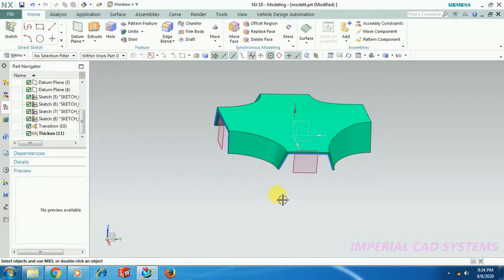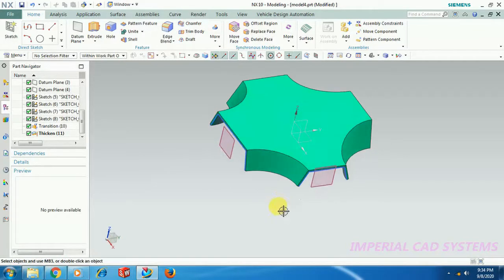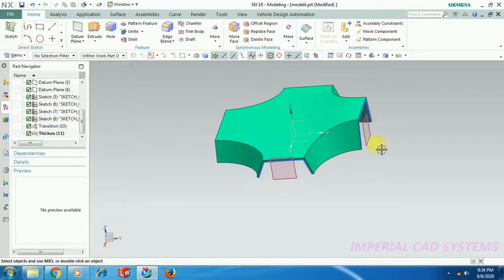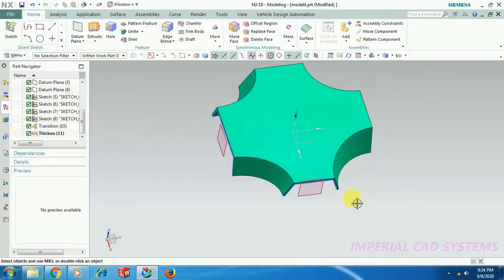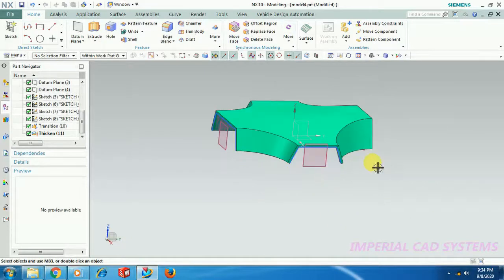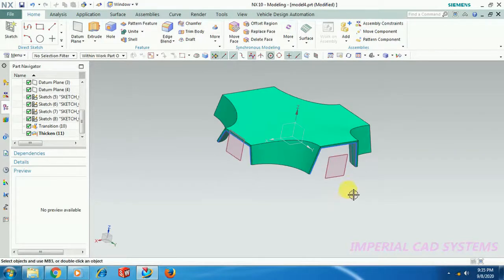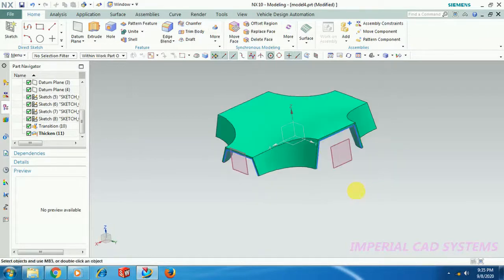Without this command, you have to use more options to generate this type of output, and you also won't get it as perfect as this. By using multi-section solid or the swept command you can do it, but you have to use many more options to generate this. So this is the transition option, with which you can get this type of output.